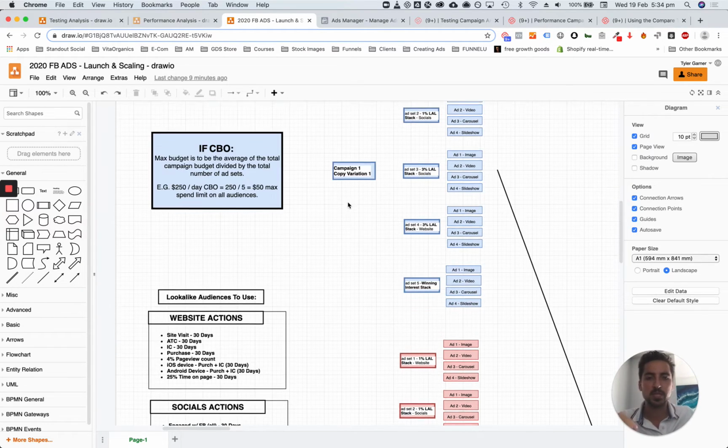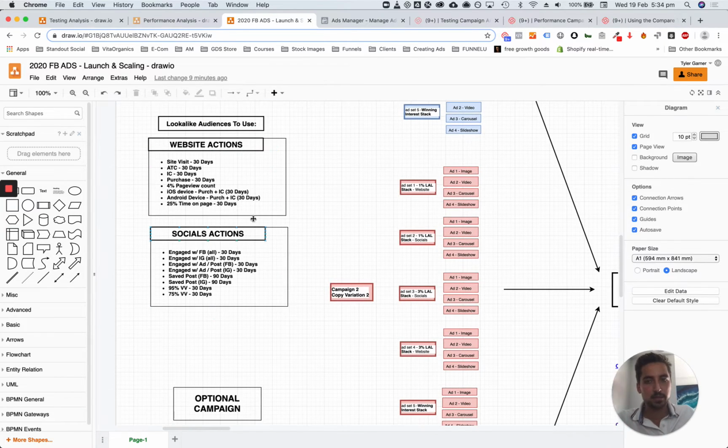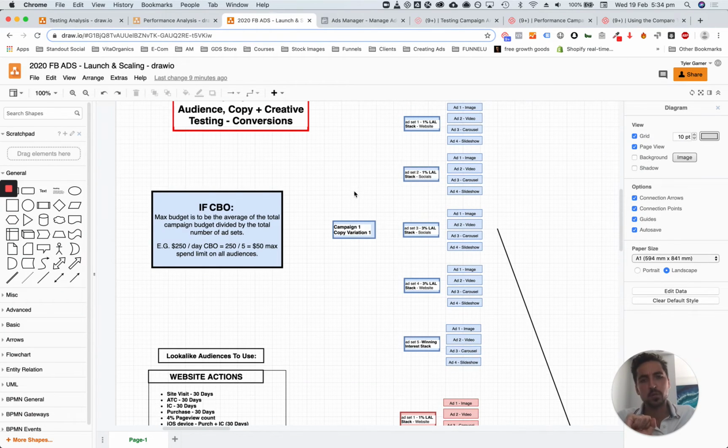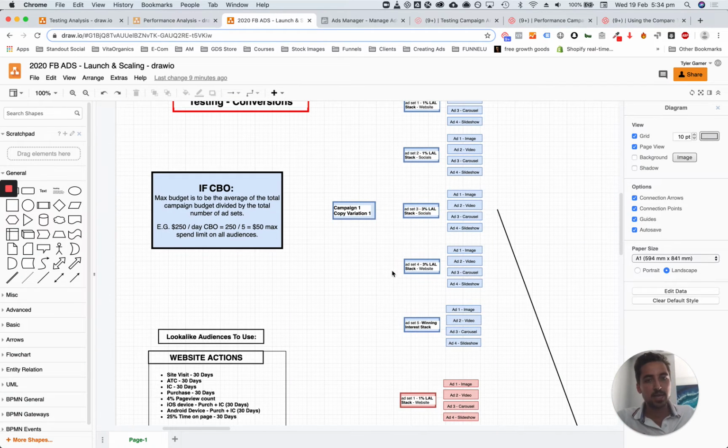What you will notice is that these here, website stack and social stack, these are all lookalike stacks. So I'm going to break that down in a little bit too. And then what you'll see is that we have 3% and 3%. The reason why I say winning interest stack here, and these are all stacks, is because one thing that's proving